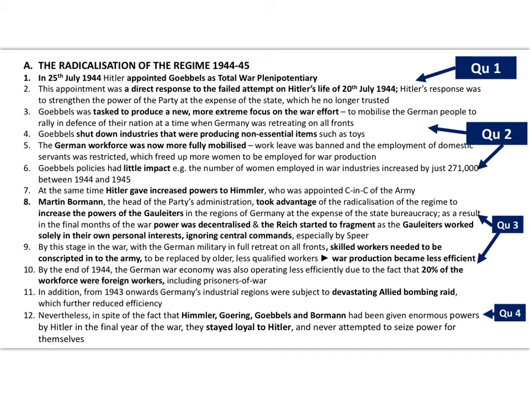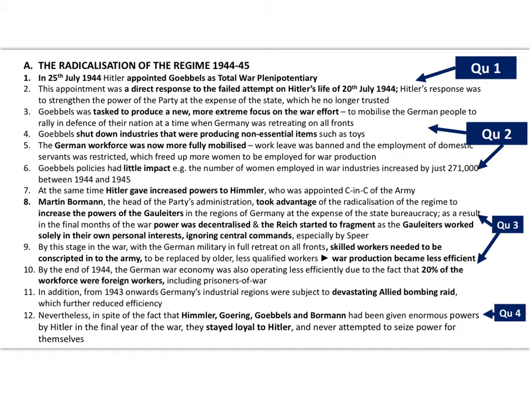So the first question: why was the 20th of July 1944 a turning point in the running of the war economy? That was the date of the attempt on Hitler's life. It almost succeeded. The very famous bomb plot failed. The perpetrators were arrested and shot, and from that point onwards, Hitler was absolutely convinced that